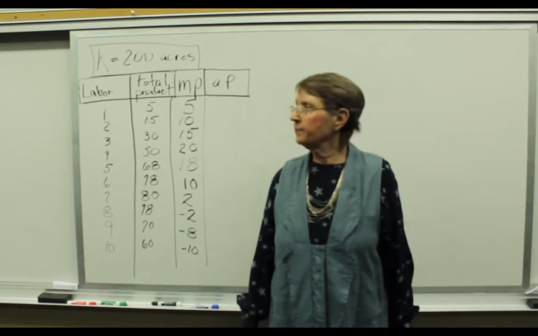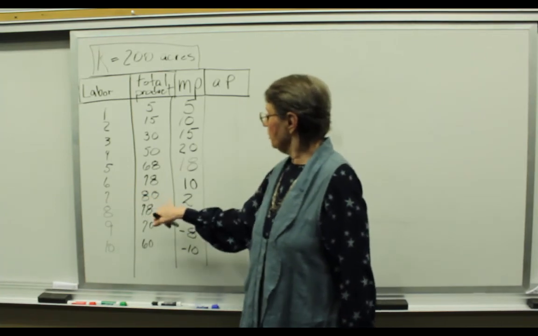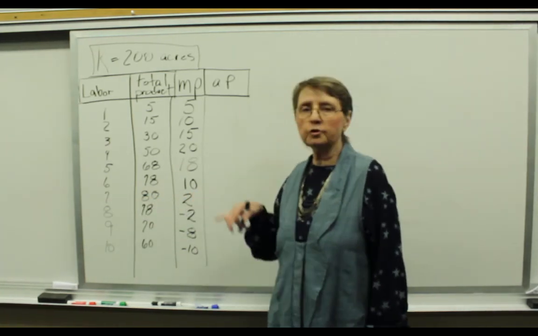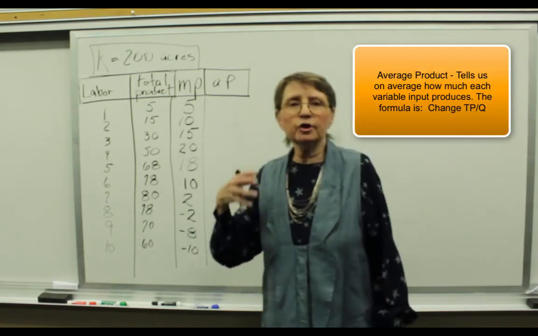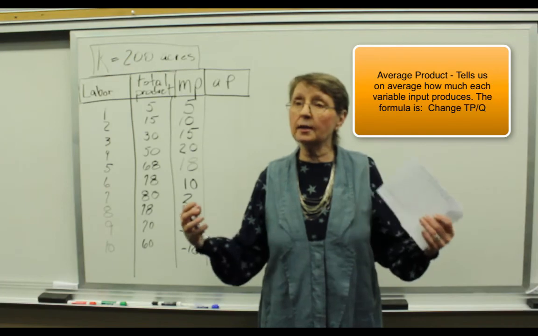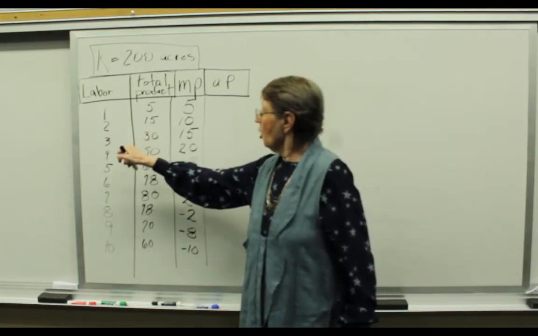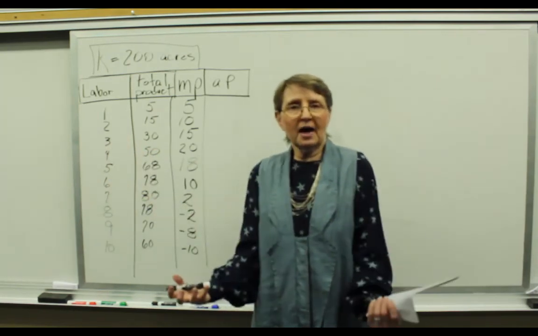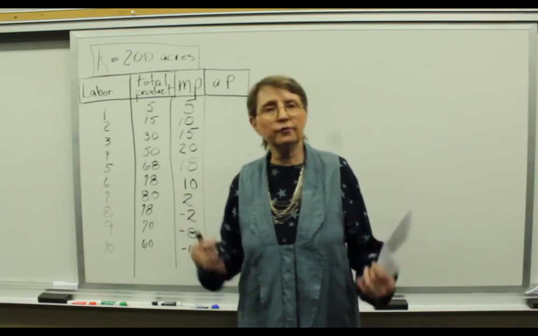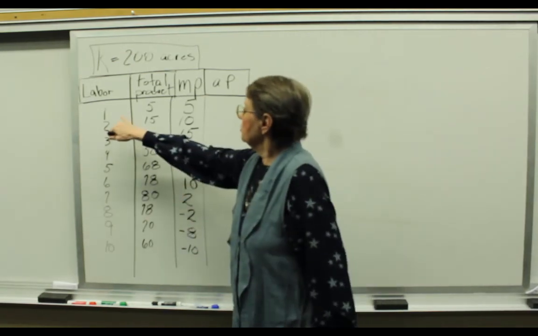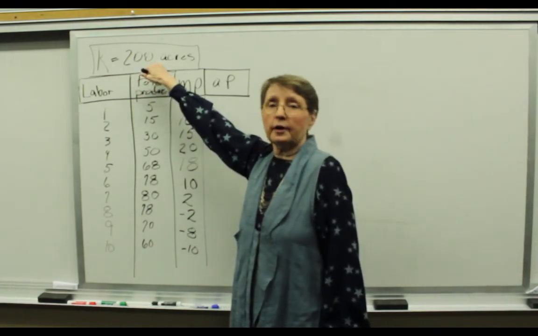Today's discussion is a continuation of production. We've already talked about total product and marginal product. Today I want to talk about average product. And average productivity, again, is a per unit concept. What it looks at, depending on the size of my variable inputs, is on average how much each of those variable inputs is producing. So, for example, if I have 200 acres, again, this is my fixed factor of production,